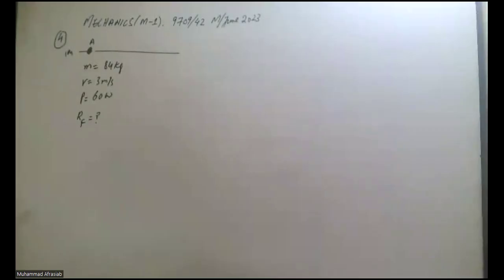Now we are starting question number 4 of this mechanics paper 1. 9709 oblique 4 to May June 2023 is the code of this paper. And the question number 4 is